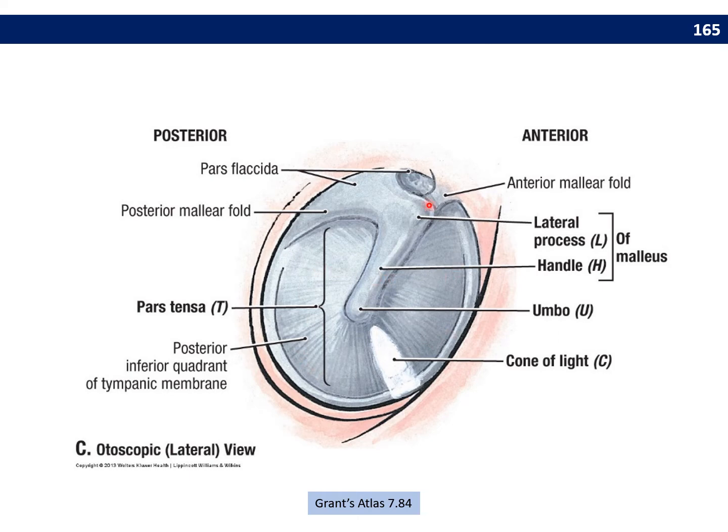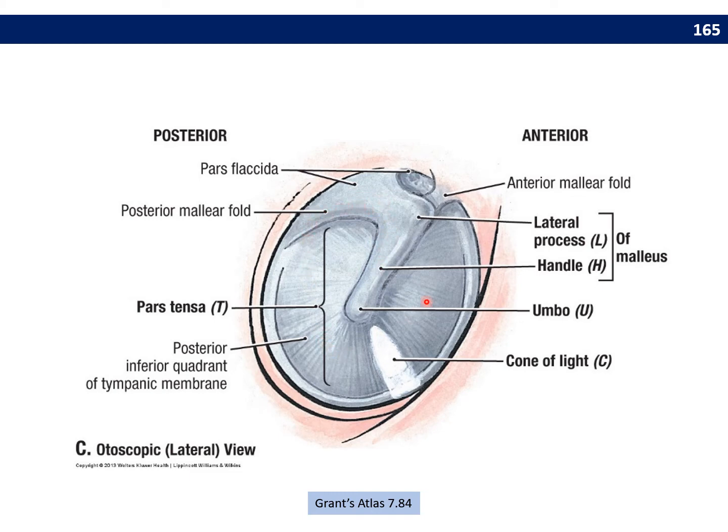The tympanic membrane is a concave structure, so it projects into the middle ear, and you can see the bulge from the malleus